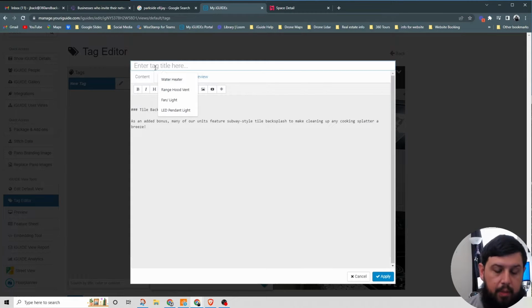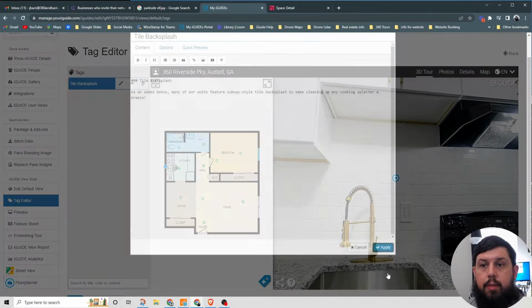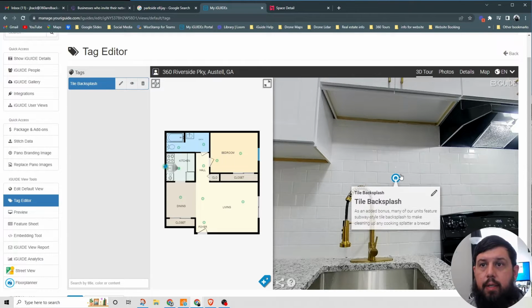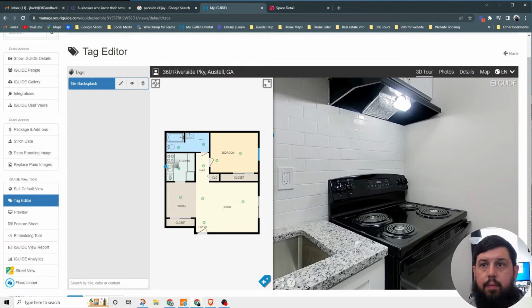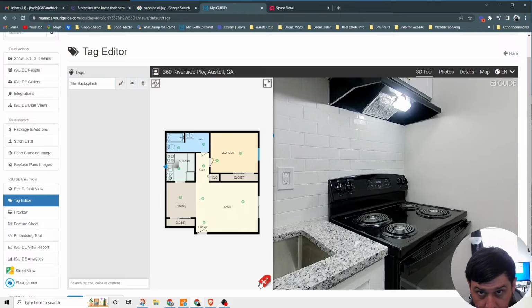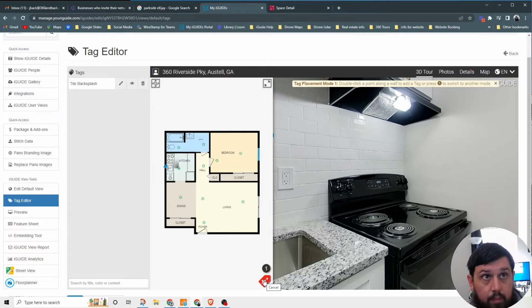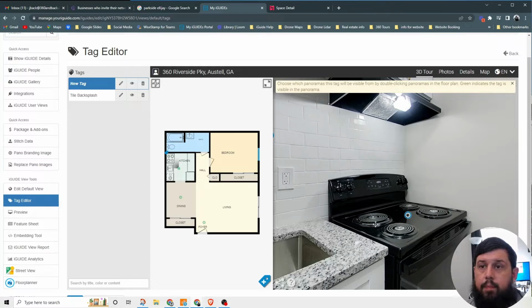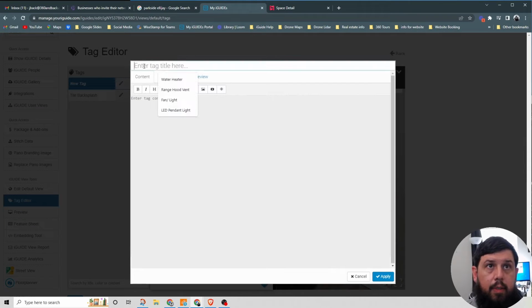Tag edit title, sorry. So this is going to be tile backsplash. We're just going to hit apply. Tile backsplash. Okay, that looks better. Yep, perfect. Okay, so now we're going to go ahead and add one here. And this one is going to be called